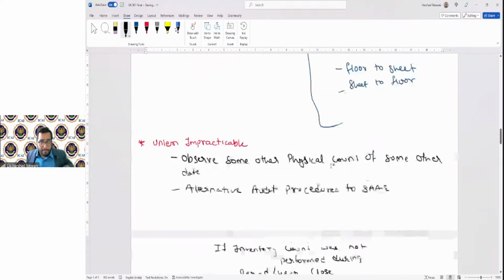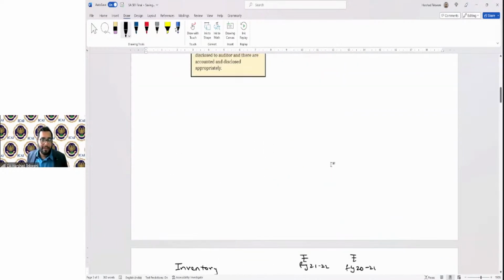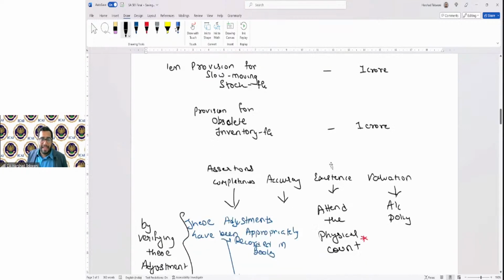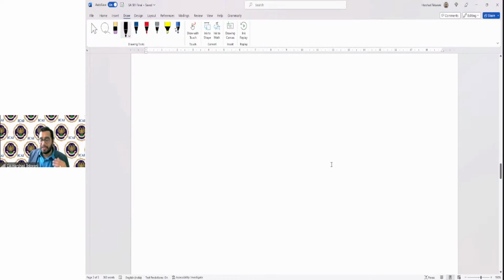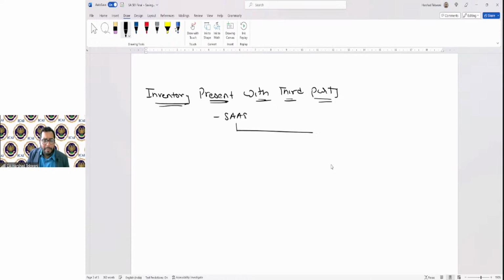Now, there is one more possibility. What if the inventory is not lying with me? The inventory is not lying with me, but the inventory is present with a third party, on consignment. What do I need to do? Pretty simple. If inventory is with the third party, again, I need to obtain sufficient and appropriate audit evidence. But how? Either I can request confirmation from the third party with respect to the quantity and with respect to the condition of inventory,